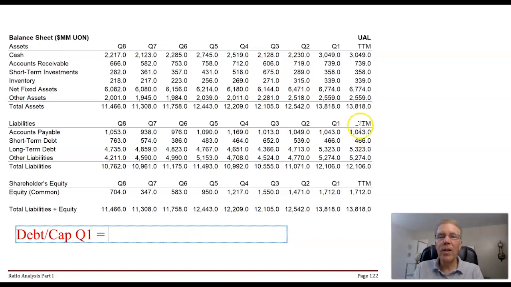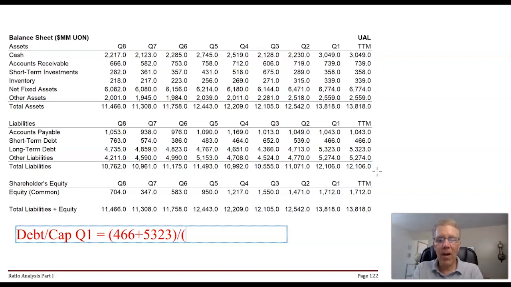So for Q1, remember these are balance sheets for UAL. So I've got Q1 in this column here, right next to TTM. So what I want is total debt over total debt plus equity. Okay, so let's look here. They've got two debt lines, short-term debt and long-term debt. You always want total debt. Does not matter if it's short-term or long-term, you want it all. Okay, so we've got 466 plus 5323,